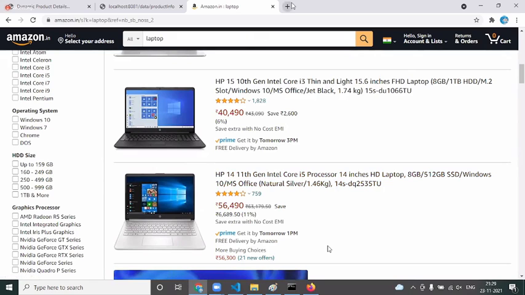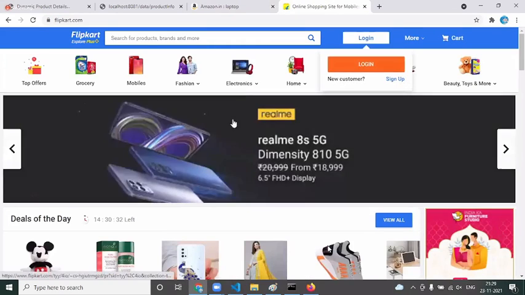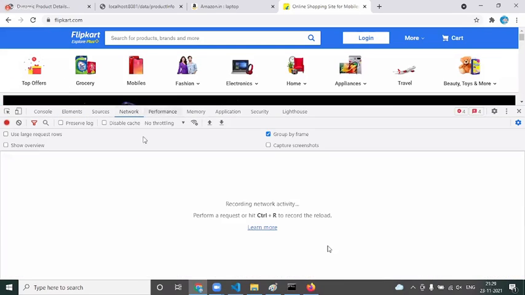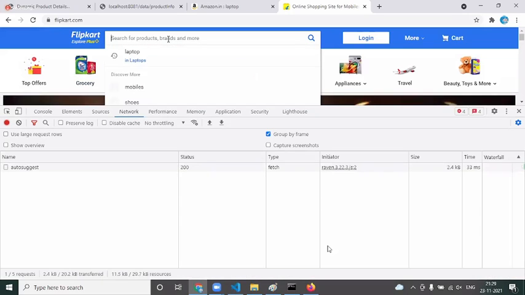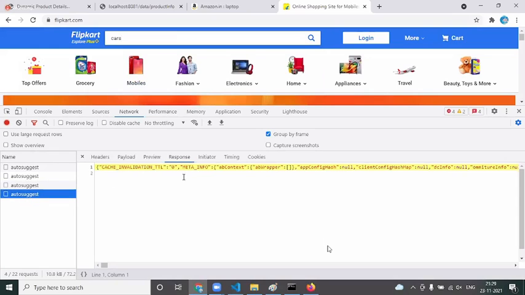In the same way, when you go to flipkart.com, inspect this. Whenever you see dynamic data coming, for sure it is an AJAX call. Inspect this, go to the Network tab. Now I type cars. See, the auto suggestion, whatever cars you get, everything is coming from this JSON object.